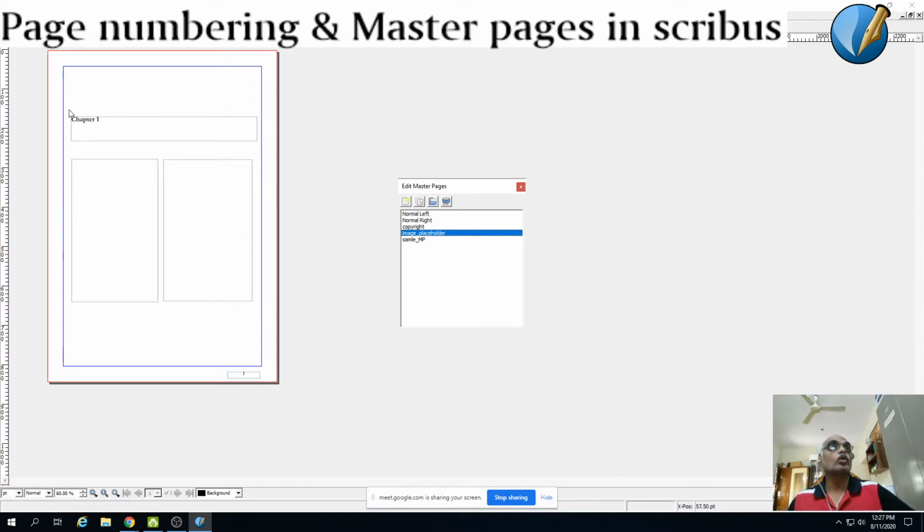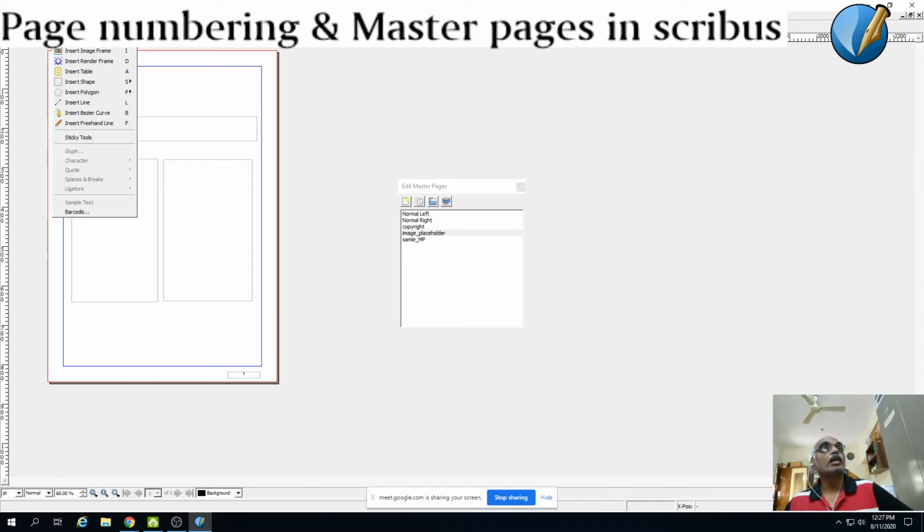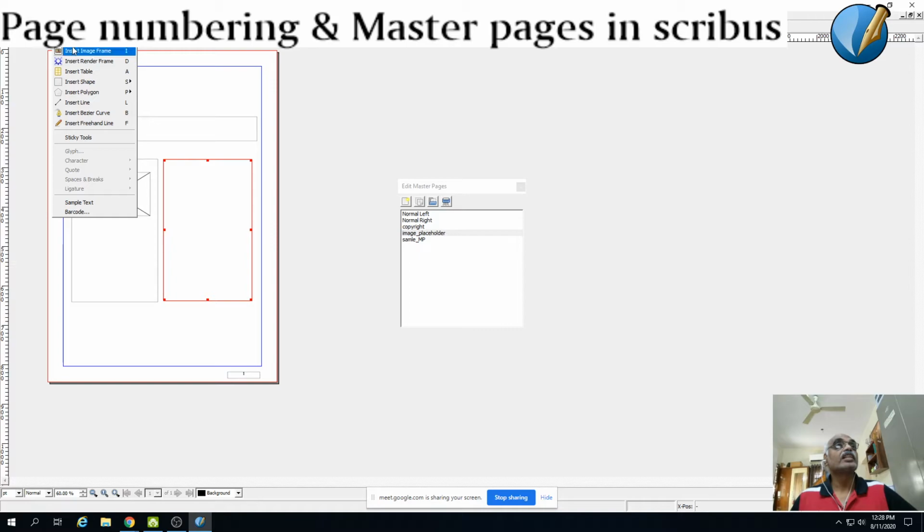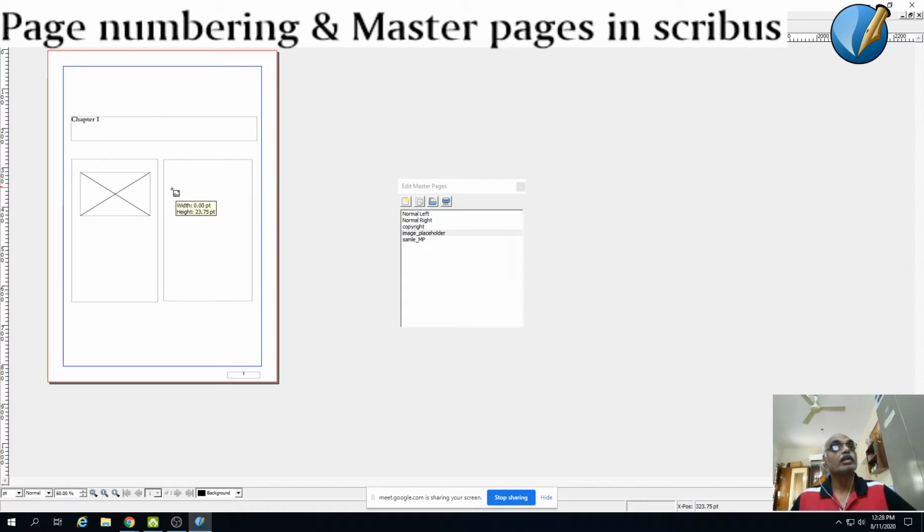So image placeholder is what we are going to do. So we are having two columns. Now I am going to insert an image frame. So one image frame is going to be here. I am going to insert another image frame here. So I have given out two image frames here, one on either side, so that it will look symmetrical and good.